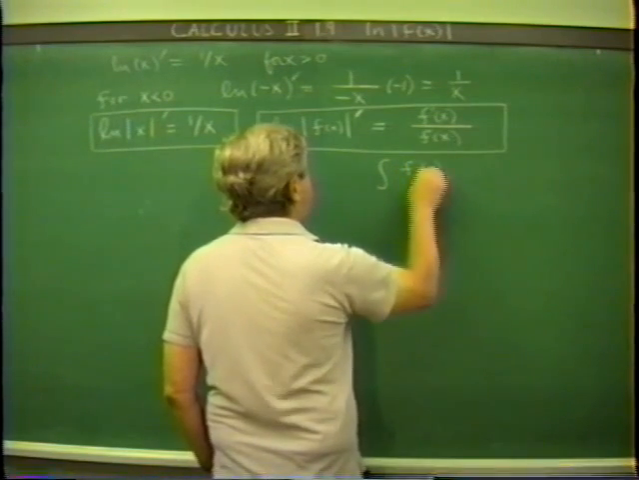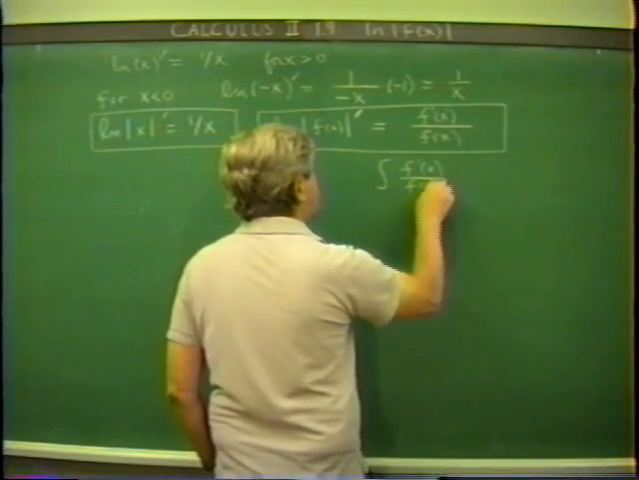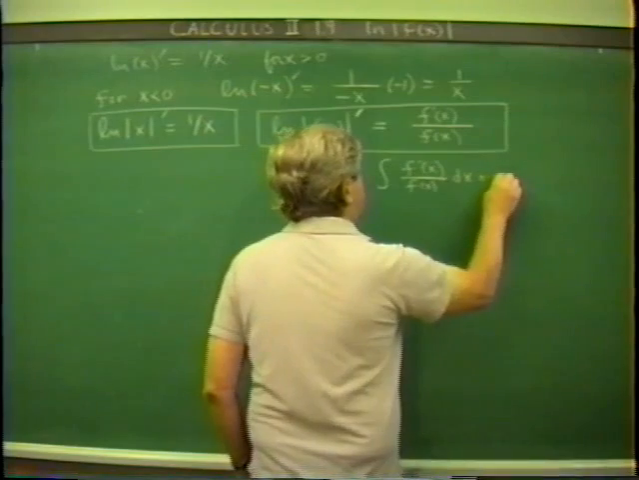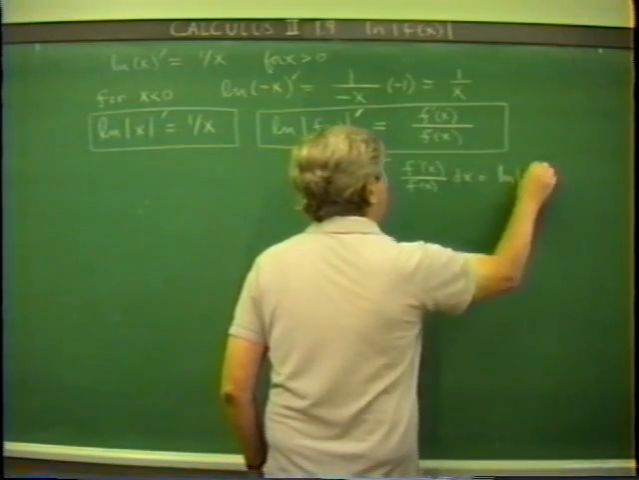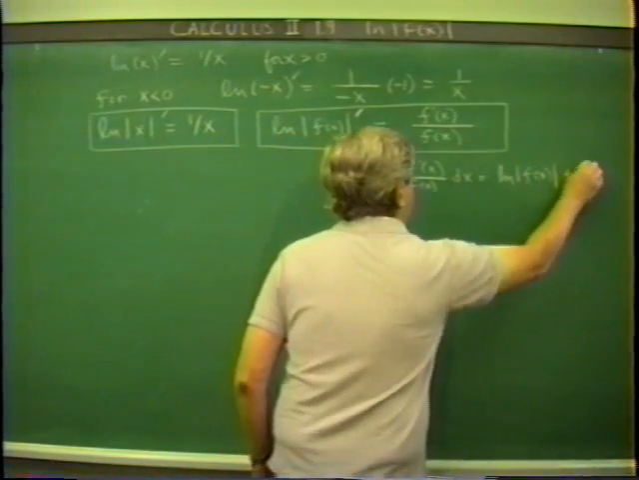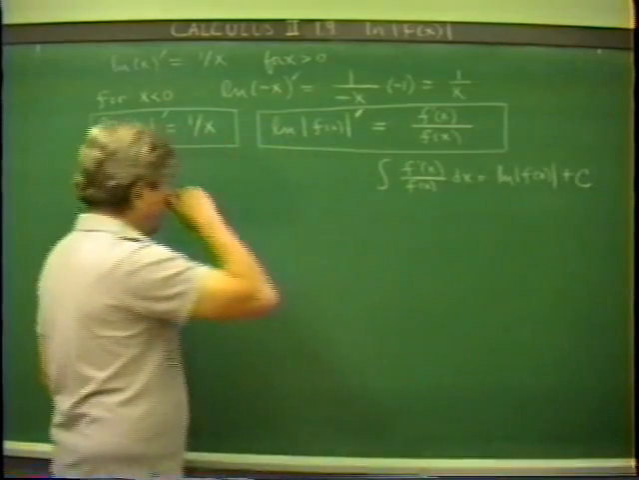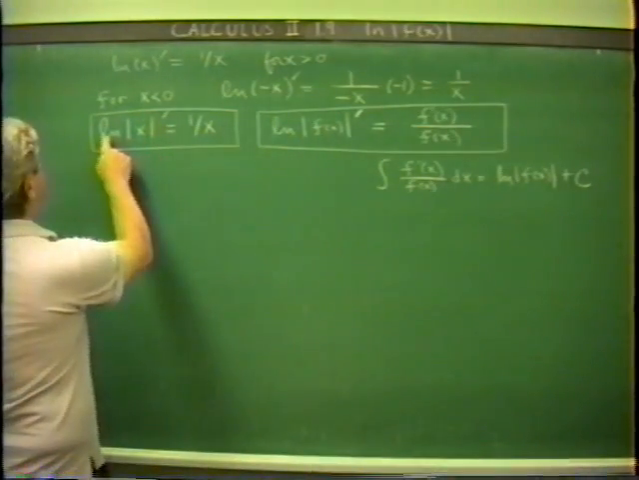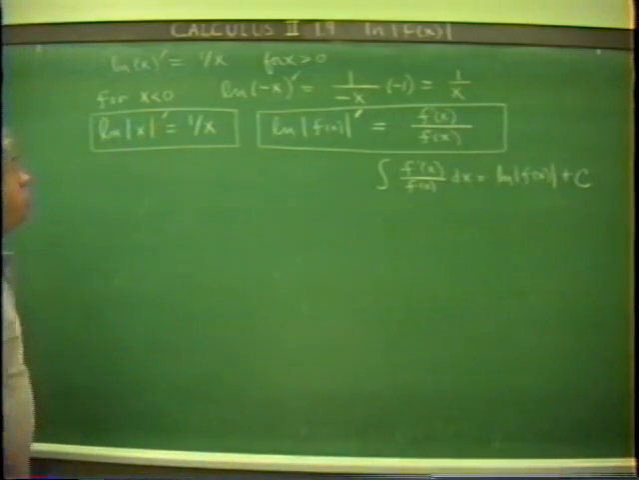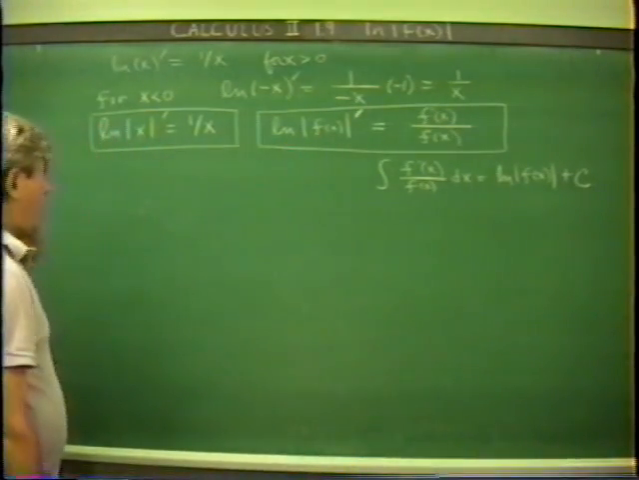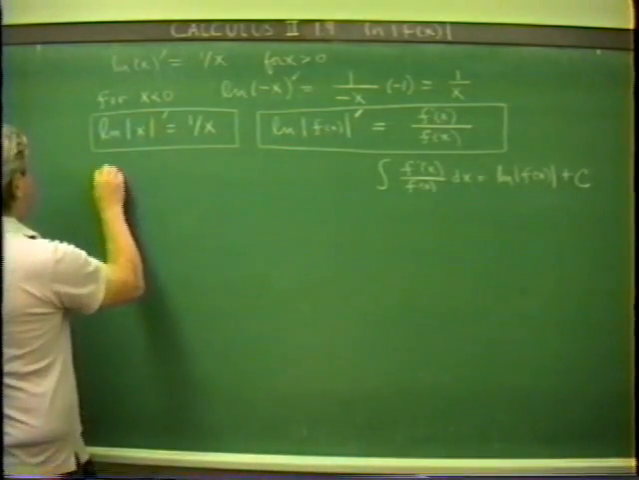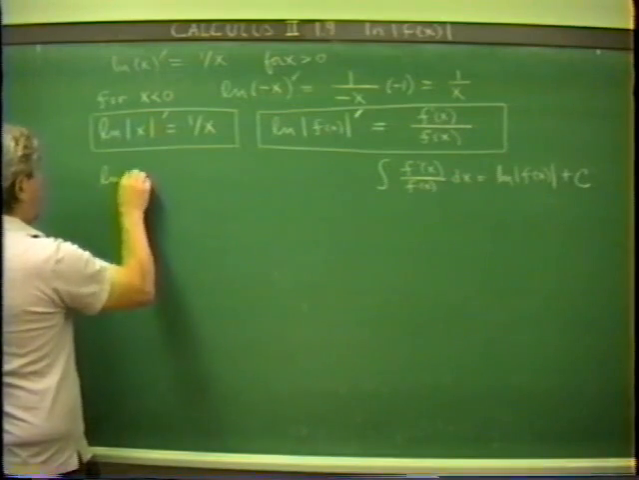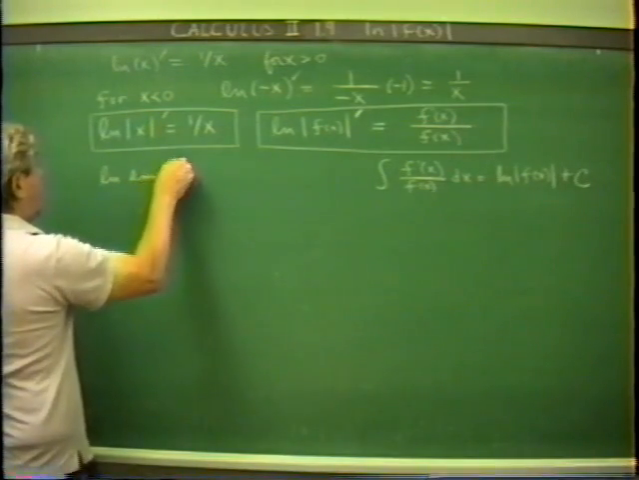f prime of x over f of x. All right? From this we can also get an integral formula clearly. That's to say the integral of f prime of x over f of x, with respect to x, is going to be log absolute f of x plus any constant. Okay? So, when you have got a combination that consists of a composition of logarithm and a function, you can